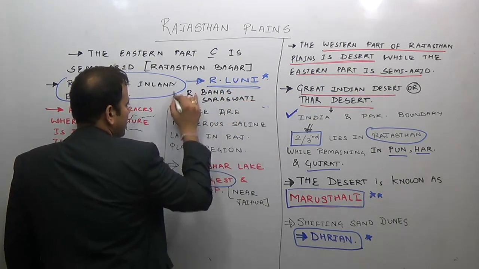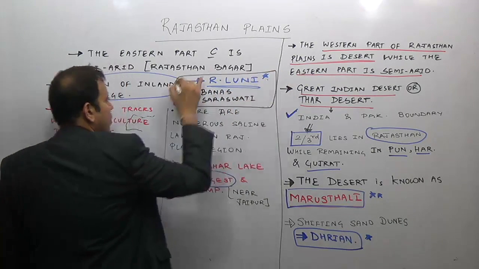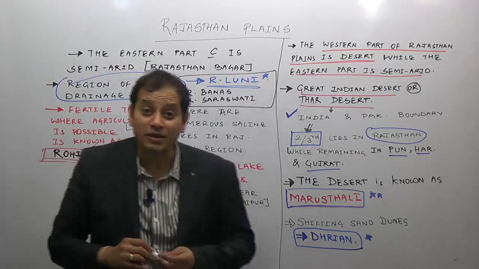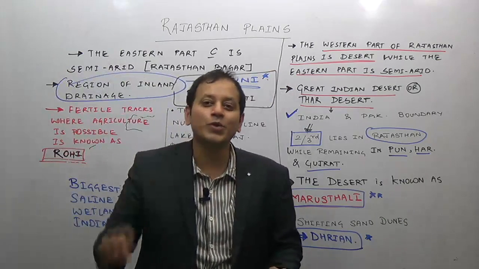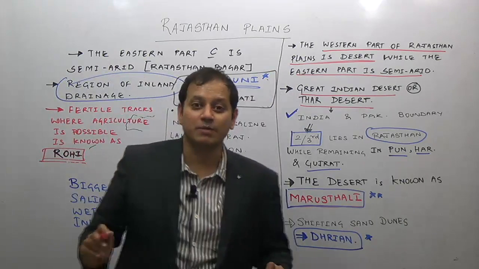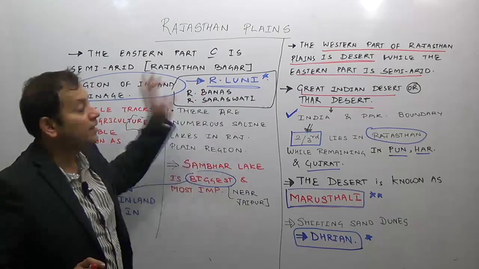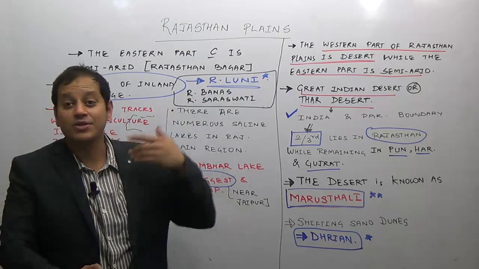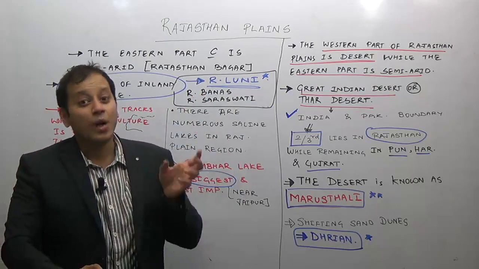River Banas and river Saraswati. Now, one thing you remember about the river Banas. There are two river Banas in India. How many river Banas are there in India? Two river Banas. One is an inland river, that means it is not going and meeting the sea, while the other